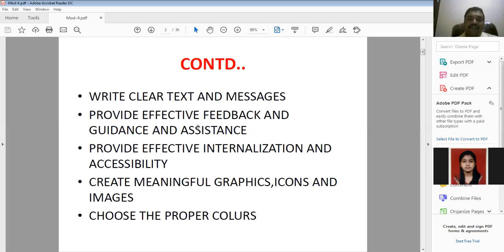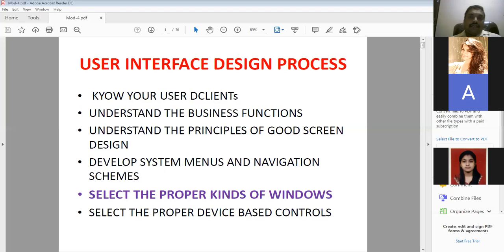Next, provide effective internationalization and accessibility. This is very, very important. We have to understand the principles, that is the first thing.